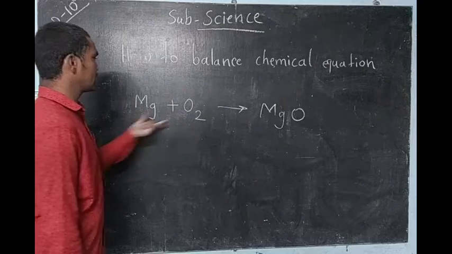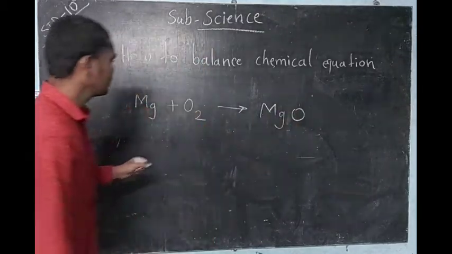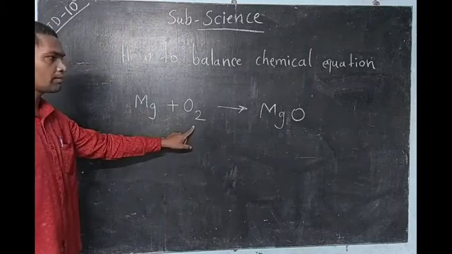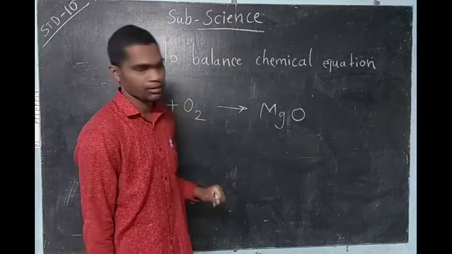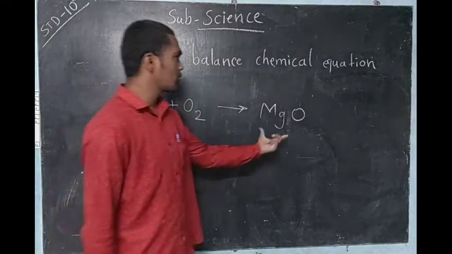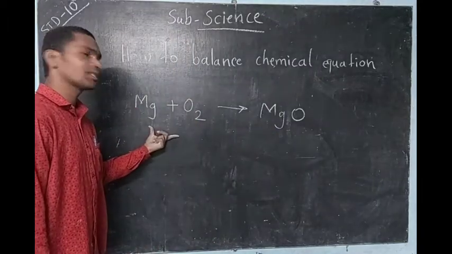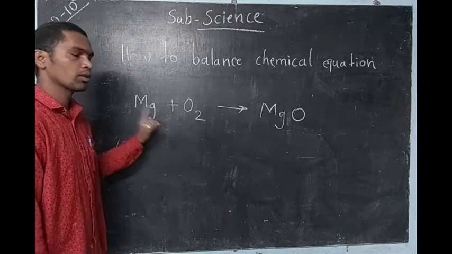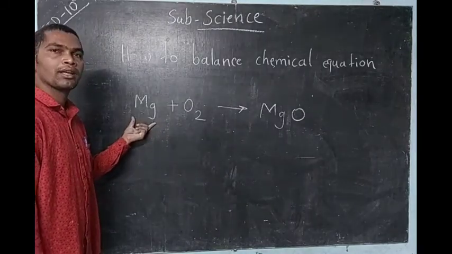Magnesium and oxygen react together to form magnesium oxide. Okay. If you observe here, oxygen 2 times means we have written 2 times, and here oxygen 1 time because of valency. Magnesium and oxygen valency is 2. That's why the compound will form like that. But reactant parts don't consider. You will write anyhow. Whenever you take reactant, Mg, magnesium is single.